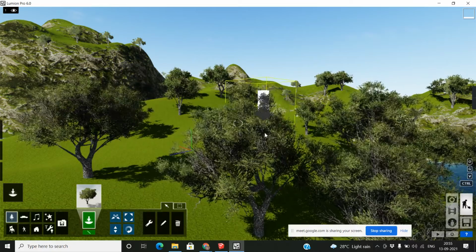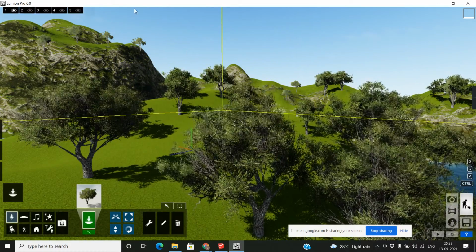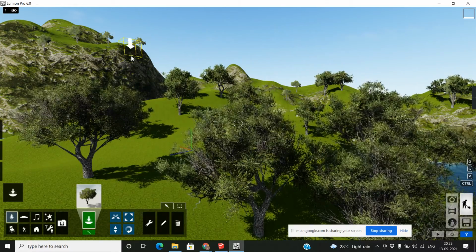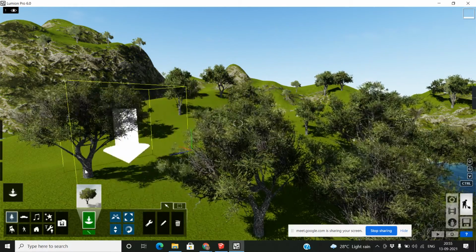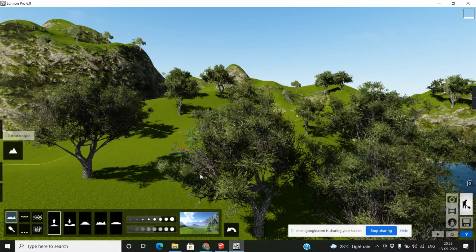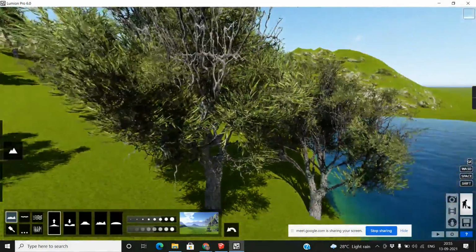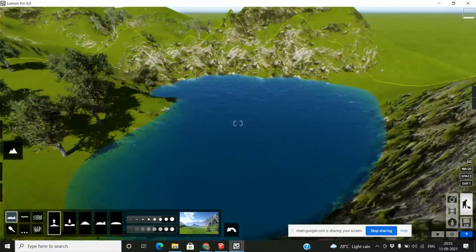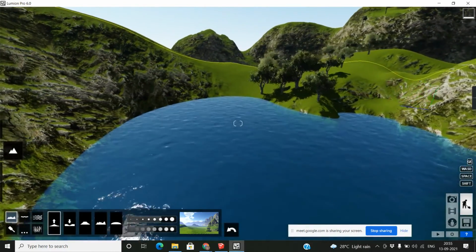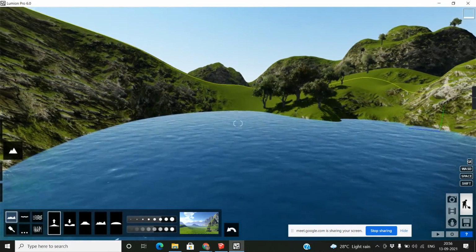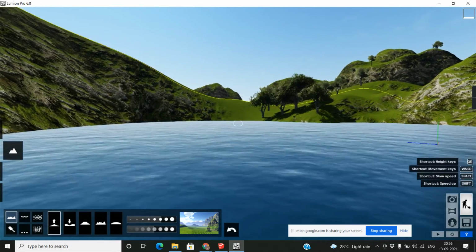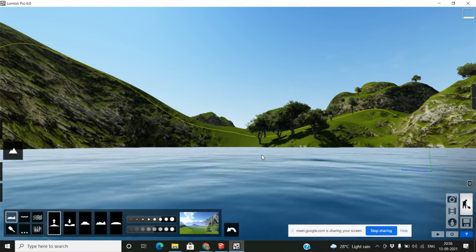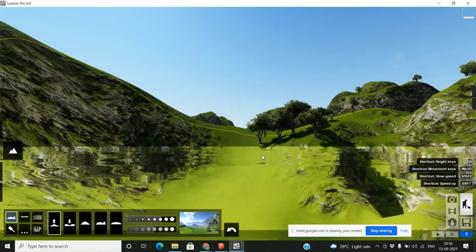Okay, and this is level of detailing. Look, this tree's detailing and this tree's detailing is different. That's called level of detailing, LOD, and it's used in gaming and so on. Now again go to landscape, rotate, and if you want to orbit a particular object, just orbit. And if you want camera down, camera up, you have the option. See.